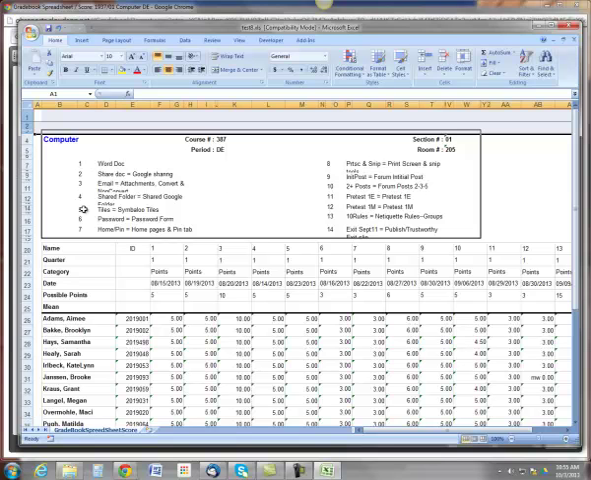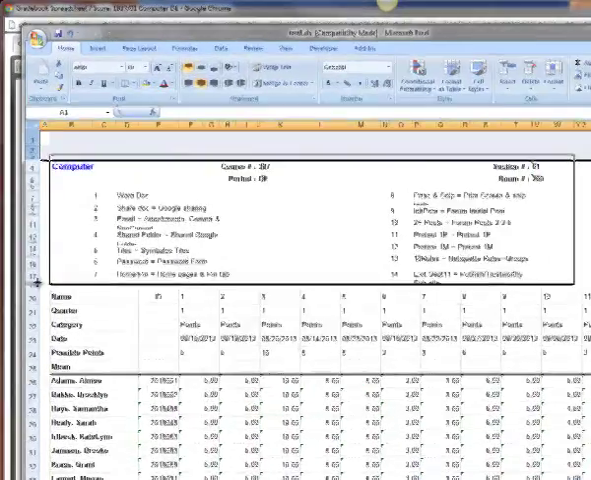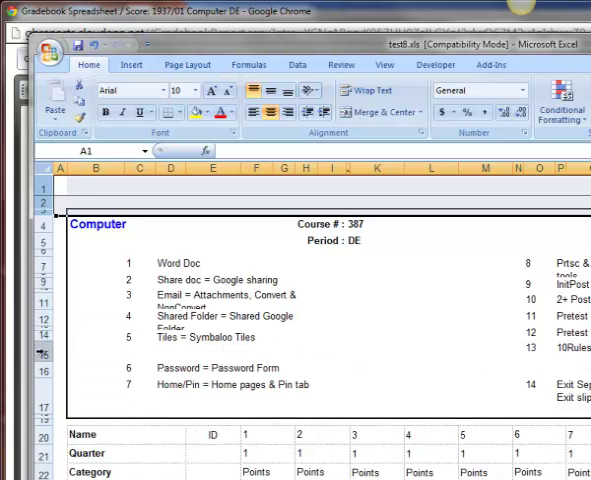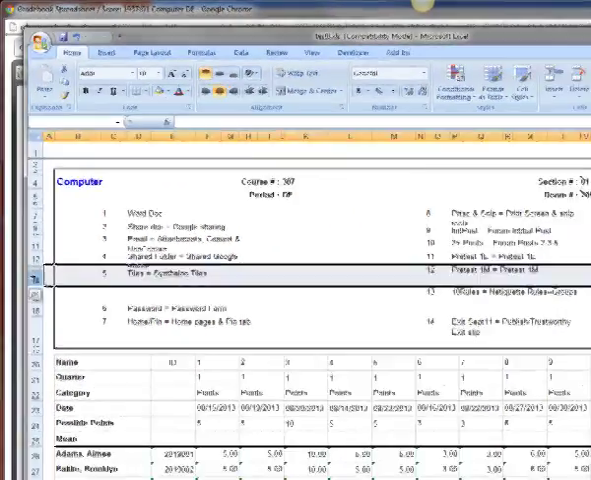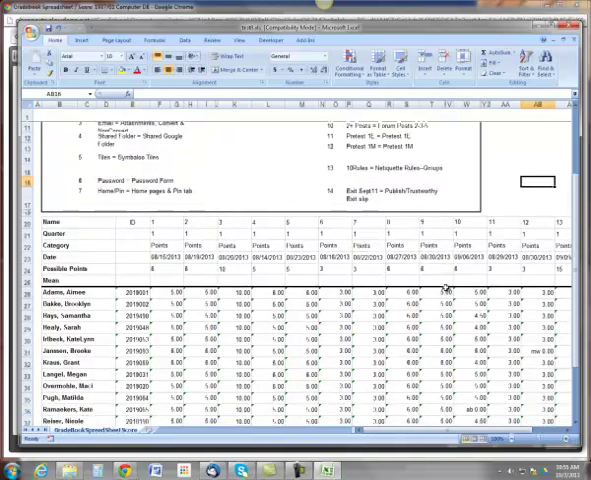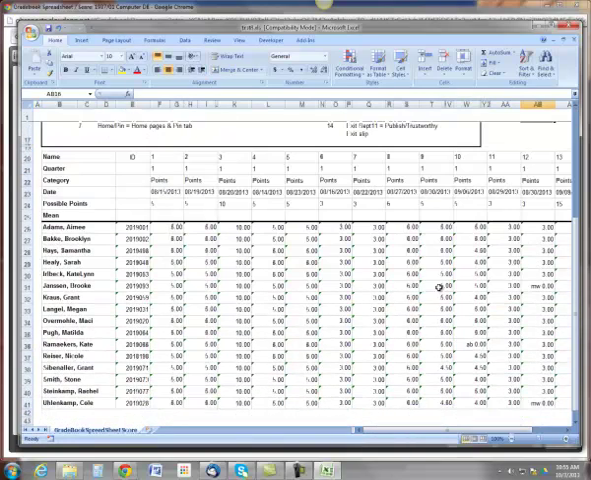If you notice here, these numbers correspond to the assignments that were given as well. You can, over here on the left, pull things out a little bit. I see that it's kind of shoved up in there a little bit, so you can pull those out a little bit. But it's kind of nice, then you have everything right in your spreadsheet